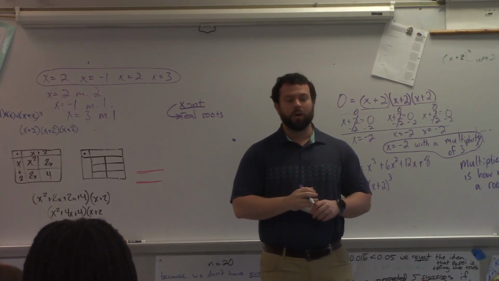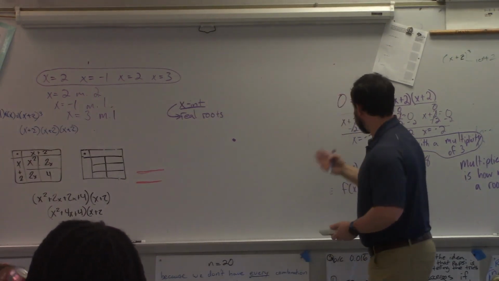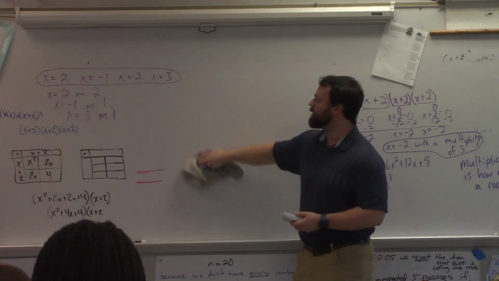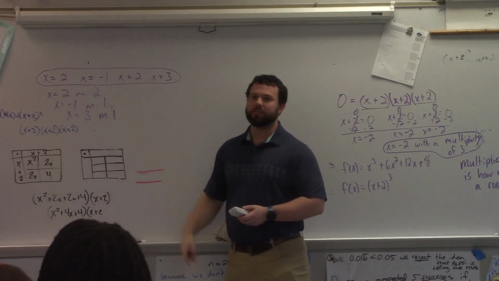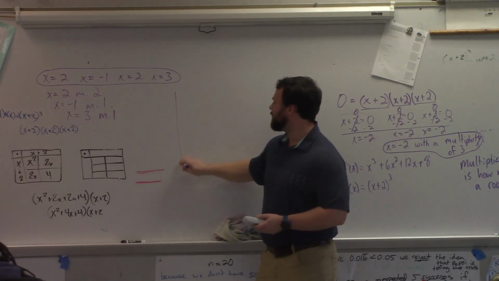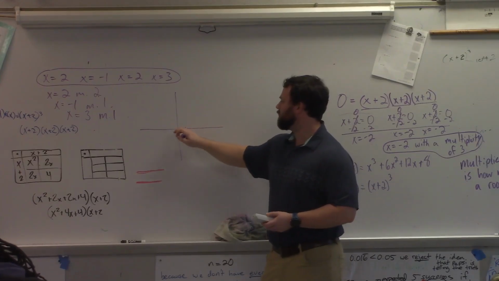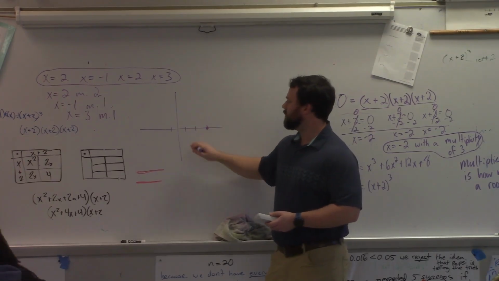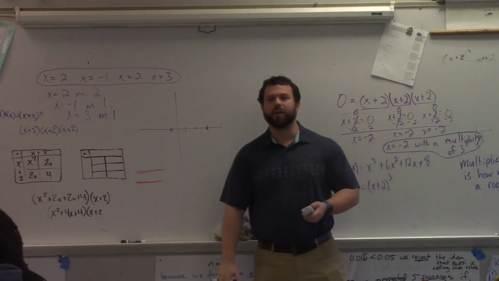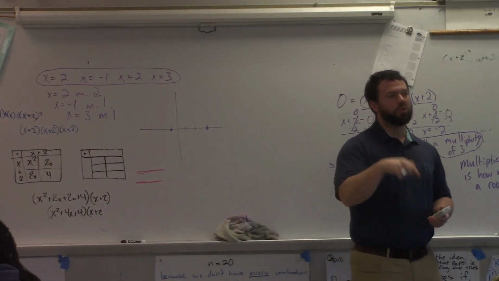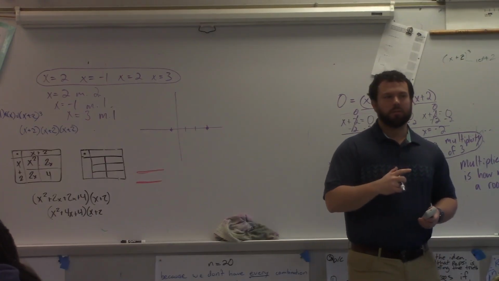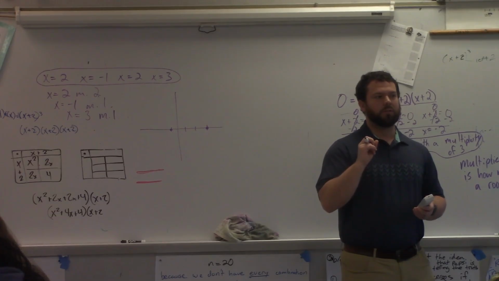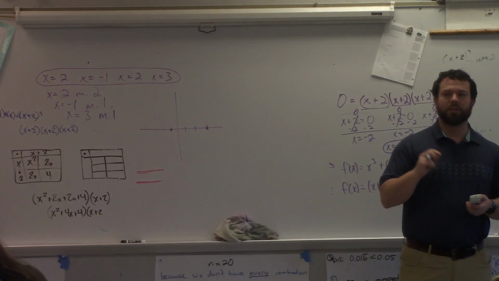Now, one thing I do want to remind you of before we move to the next part of this lesson today, please remember how a function behaves at these different multiplicities. If the multiplicity is 1, what does that function do at that x-intercept? Anyone remember? Okay, let me ask this a different way. If the multiplicity is 1, does it go through the x-intercept or does it bounce? Bounce. When the multiplicity is 1? It was bouncing when it was more than one, not just more than 1. Yesterday specifically when the multiplicity was